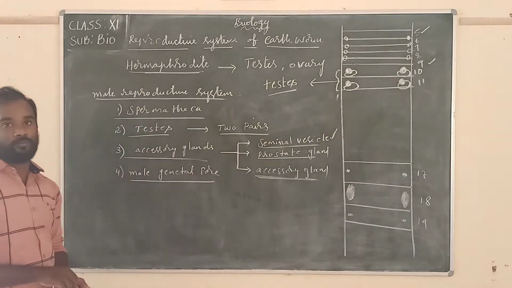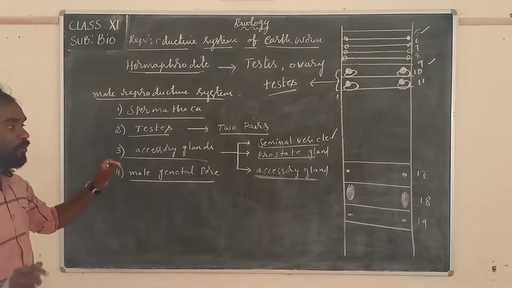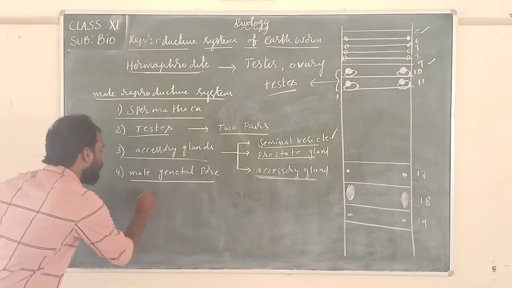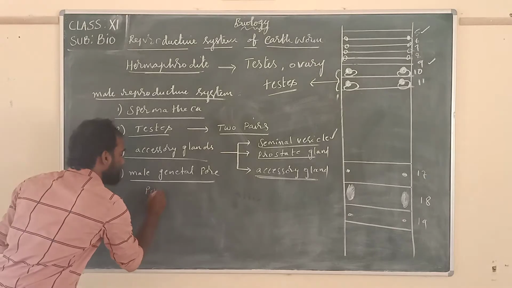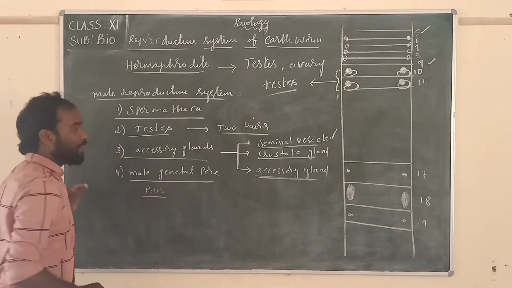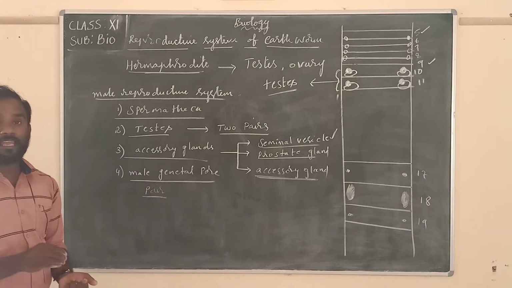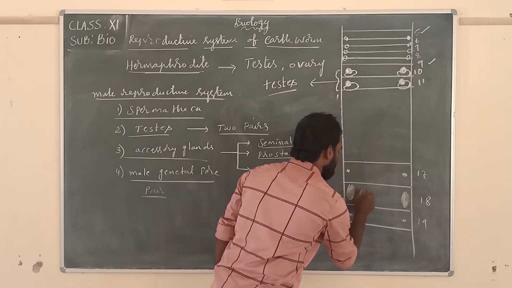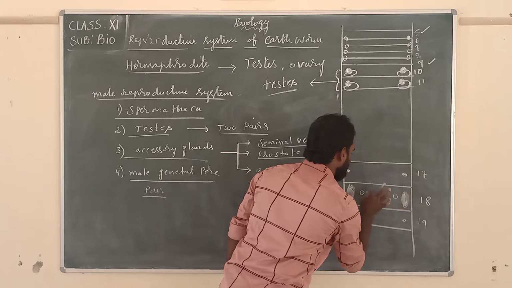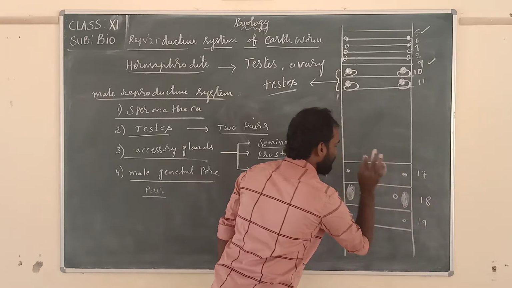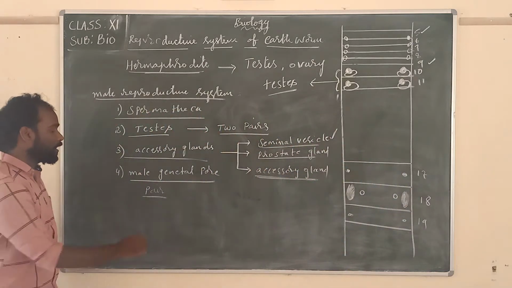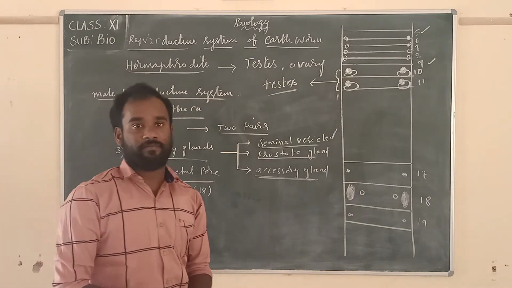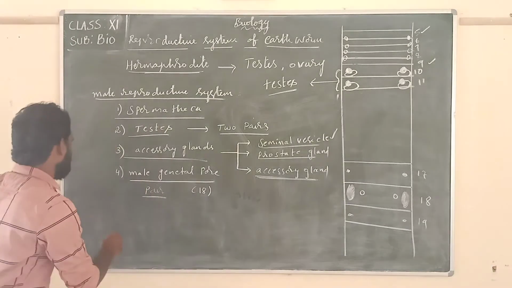Male genital pore. A pair of male genital pores is present in the 18th segment itself. Then after that,